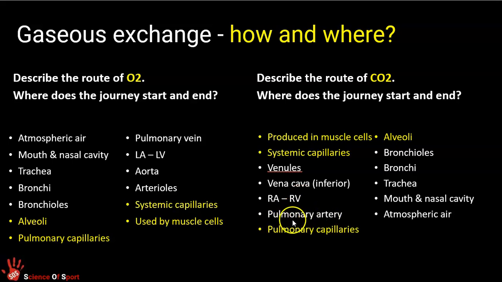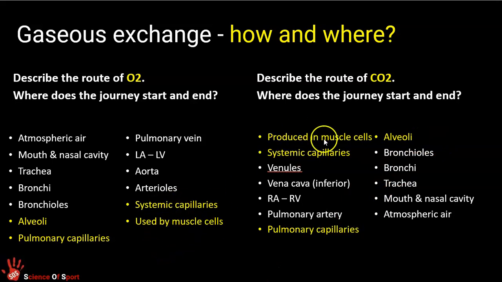Pulmonary means it's going to the lungs, and we know it's going to the lungs because it's going away from the heart. Arteries go away, and eventually it gets to the lungs, where the CO2 diffuses from our pulmonary capillaries into the alveoli. We then send it via our respiratory tubes and breathe it out and get it out of our body into the atmospheric air. So the story of oxygen starts in the atmosphere, ends up in the muscles. The story of the CO2 starts in the muscles, where we produce it, and we end up breathing it out into the atmosphere. In both cases, these gases diffuse at the lungs,